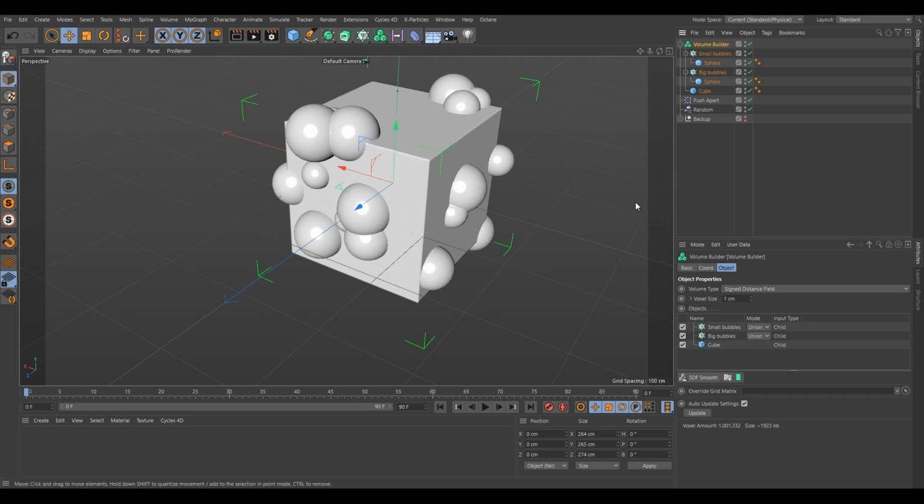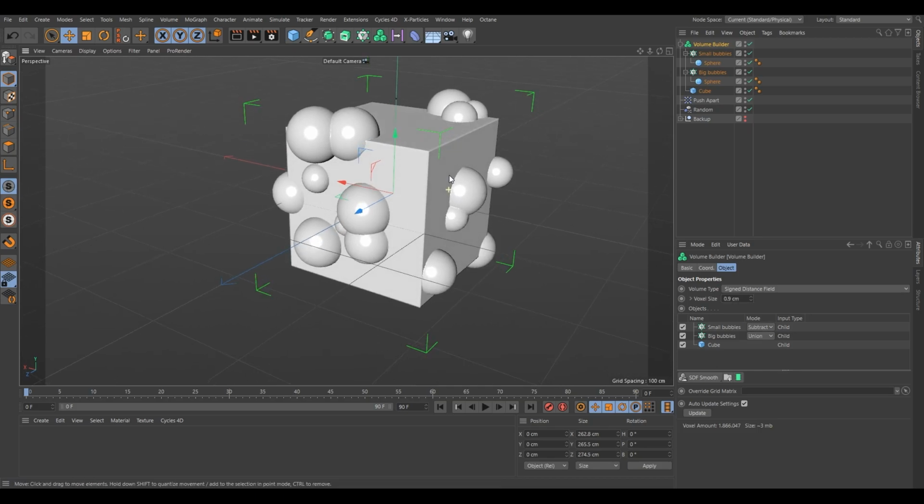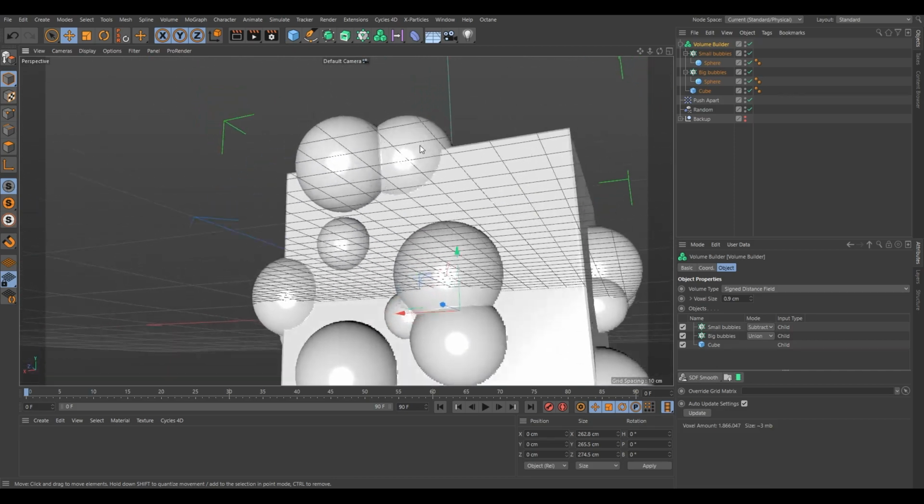Okay, and now is the important part for our volume builder. For the small bubbles, instead of the union mode, which would just make a big blob out of our voxels, we select subtract, which will basically subtract the small bubbles from the inside of our big bubbles, creating this hull or hollow effect. We can't see this right now, but believe me, it's gonna be there. Maybe the voxel size down to 0.9. Yeah, and so now we have this very nice mesh,